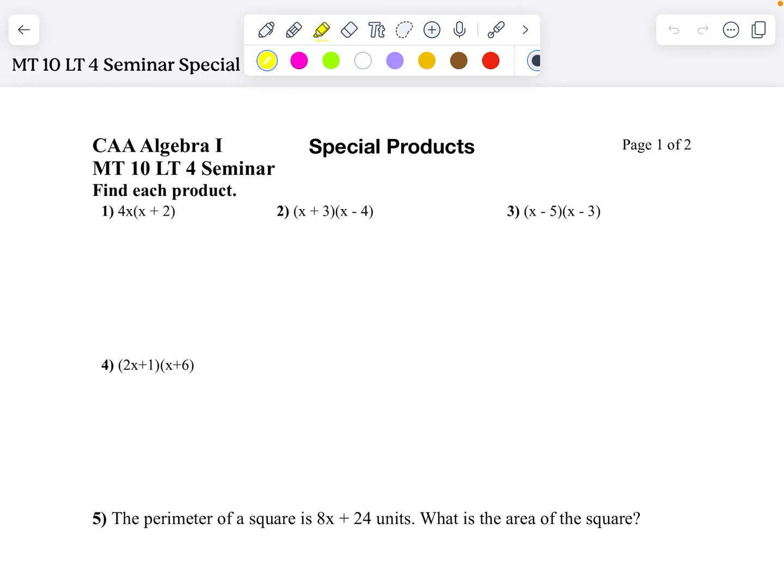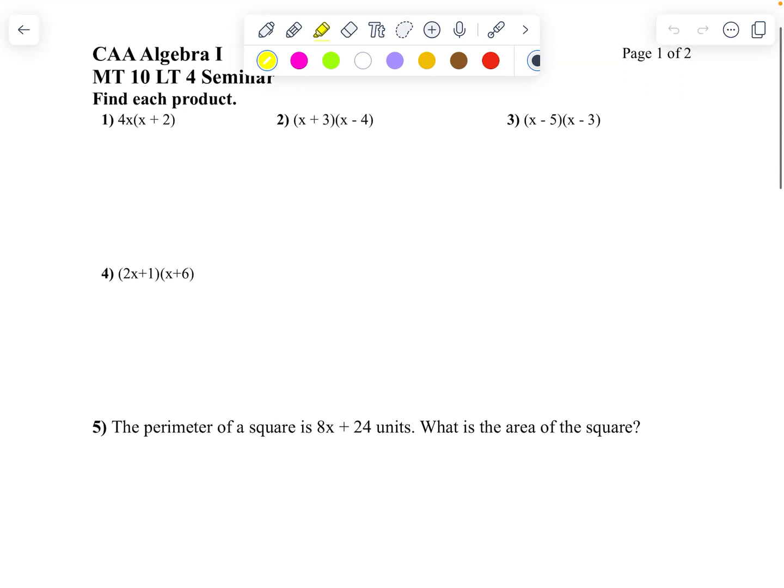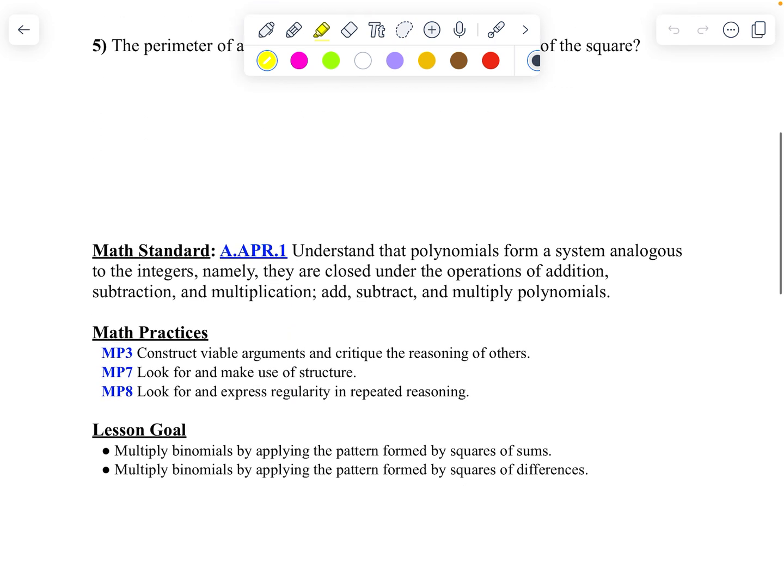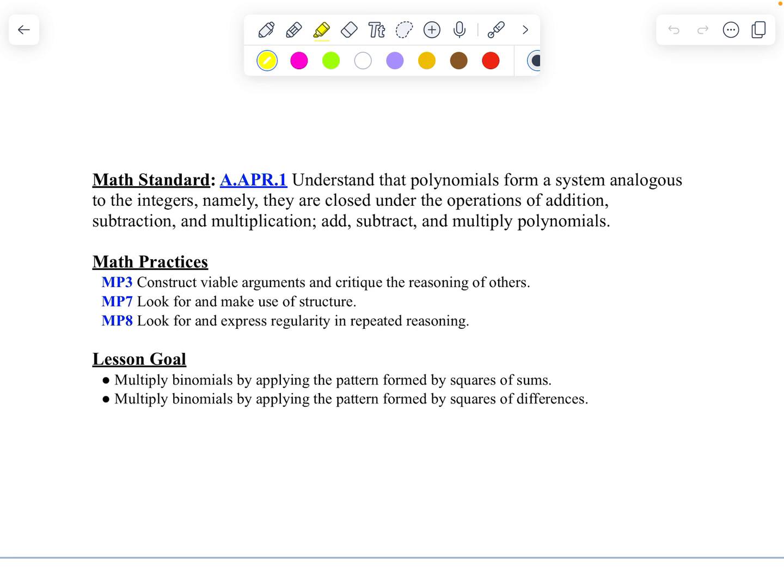Hello, let's take a look at your NT10 LT4 seminar. First thing as usual, do the first 5 questions so you can review them in class and we'll see what happens after that. What I want you to learn today in this lesson is I want you to multiply binomials